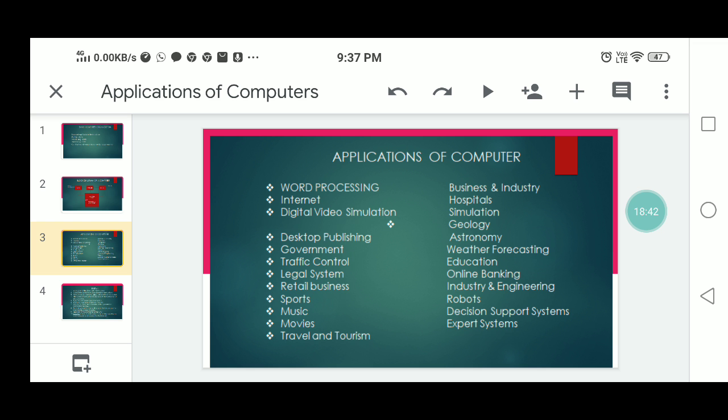Television networks use these computers in the control room to display the action replay and insert commercial breaks as per schedule. In music, all computers today have a musical instrument digital interface facility. So musical instruments can be connected to a PC, enabling the computer to generate a variety of sounds in the music system, digital sound system, like that.